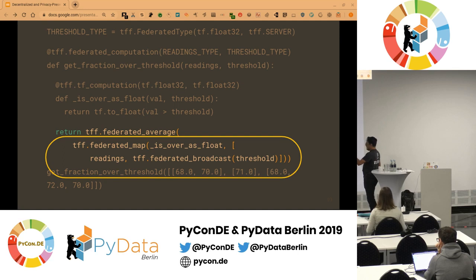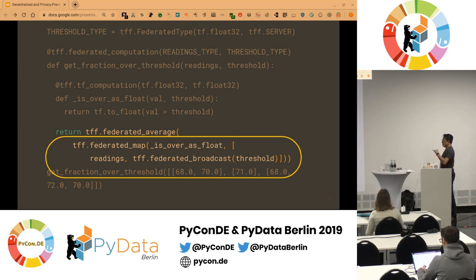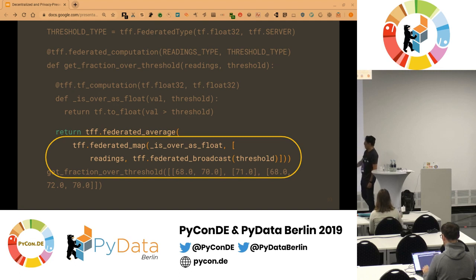And then you also have this other thing called federated map, which takes a function that gets the values from the different clients and computes whatever gets reported back from the clients. You express that on every client you want to compute is over as float, and that's what you return. So the data comes in, you broadcast the threshold, and then you compute the is over as float